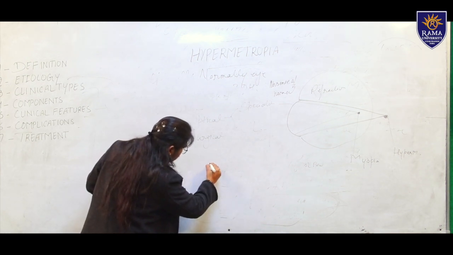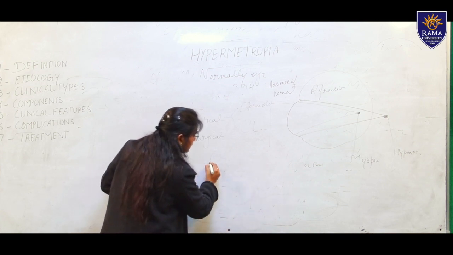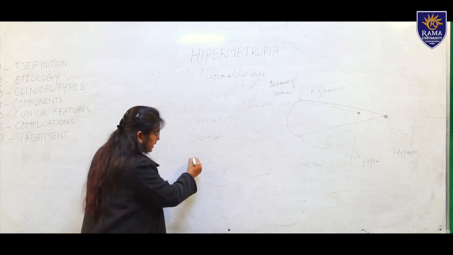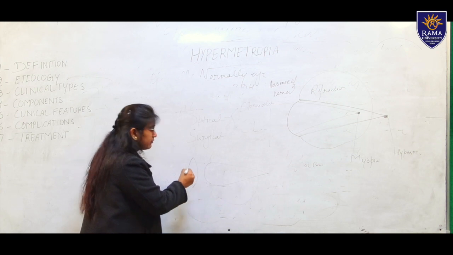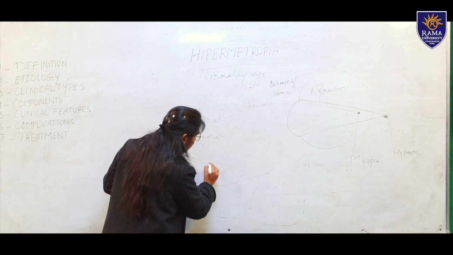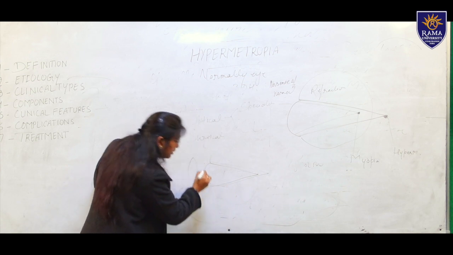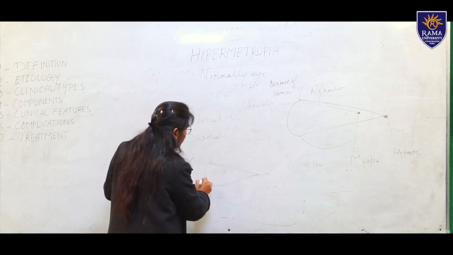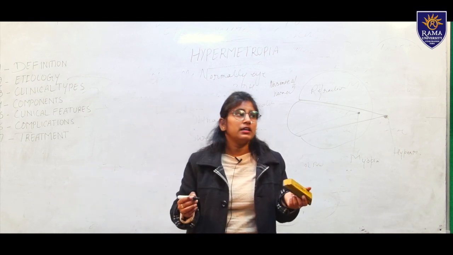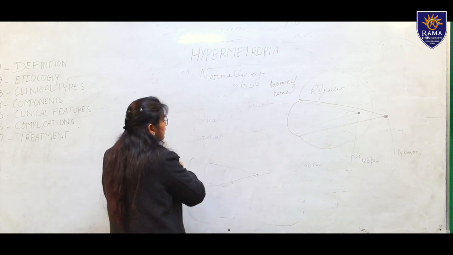I am showing a diagram. This is hypermetropia. What is the type of treatment? If I put a convex lens in front of the eyeball, what occurs? Parallel rays of light coming from infinity are focused on the retina. This is the convex lens treatment. Contact lens is usually prescribed for unilateral hypermetropia and anisometropic patients. And this is surgical type.